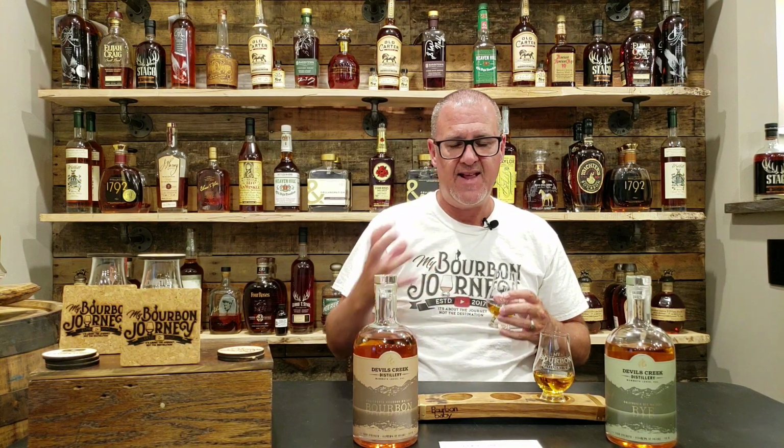This will be one of those whiskeys or bourbons that as it ages, I think will be really incredible to see how things develop. I think it's already starting out as a great product, and where it goes from there will really be an interesting thing. But getting back to this in terms of the finish,